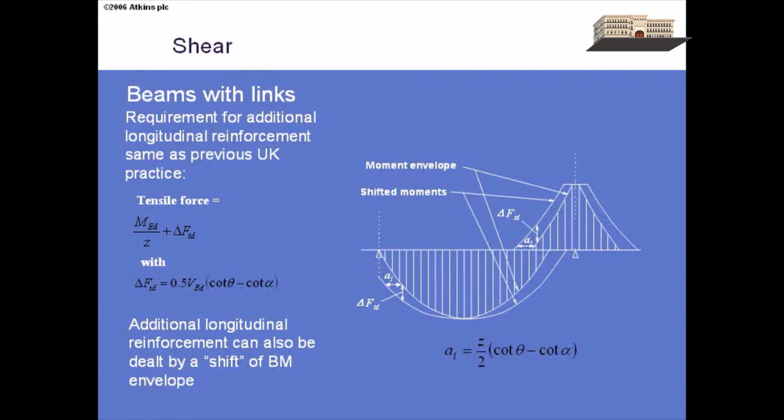So it does talk about this additional force, but it also does it in a different way, or a different way of explaining it. And says another way of looking at this is start with your bending moment diagram, and if you want to make the allowance for the extra requirement for shear in the longitudinal reinforcement, just basically extend out your bending moment diagram by this amount here, AL each side. And again, this is to do with the effective depth, the lever arm and the truss angle that you've chosen. And I think what this makes clear is that the extra longitudinal reinforcement is actually nothing about really adding more reinforcement. It's about extending the curtailments further out. And in very simple terms,